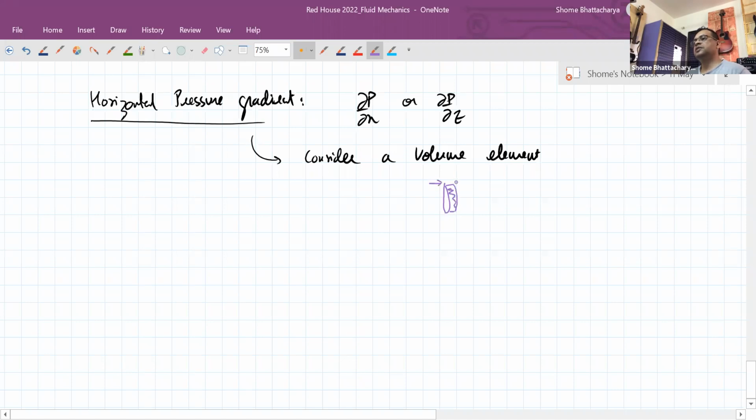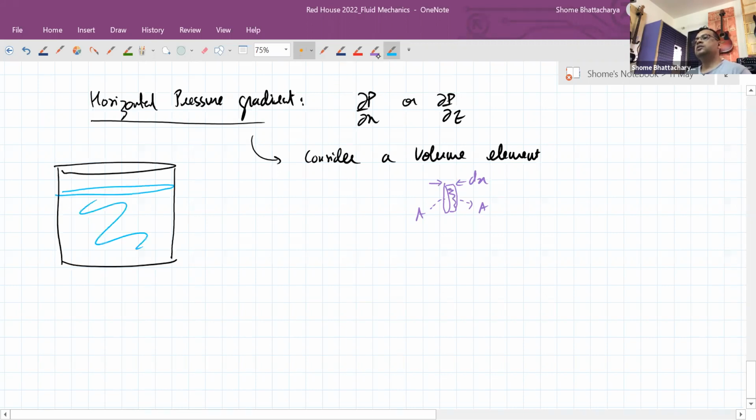Which is having a thickness along the x-axis, or we could orient it along the z-axis. Okay. So within that container and the body of fluid, now just consider this volume element. As if it is at an x coordinate x for this surface and x coordinate x plus dx for this surface, because its thickness is dx. Now for this volume element, consider the free body diagram with horizontal forces shown.